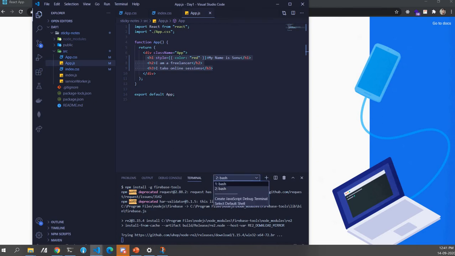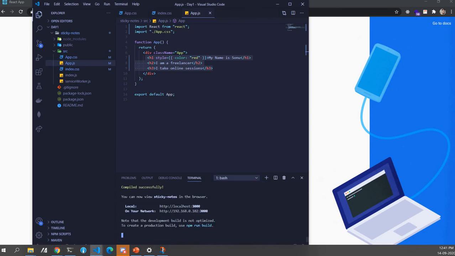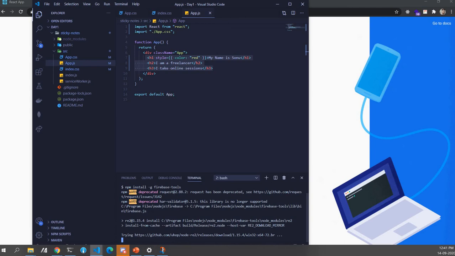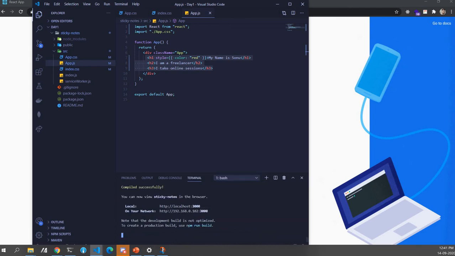If I have to paste a command and run, I have to do Control C, come out of the application. That will stop my application from running. So just to reduce that, I create a new terminal and I add it. You can always do that. Go to bash over here, Control C, and then type in whatever command you need.